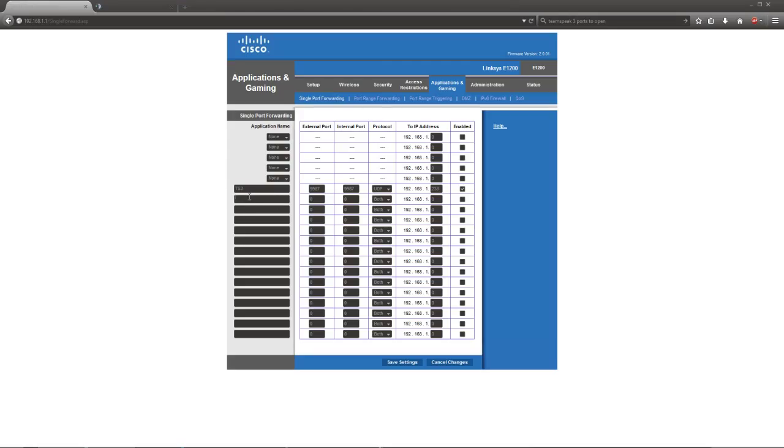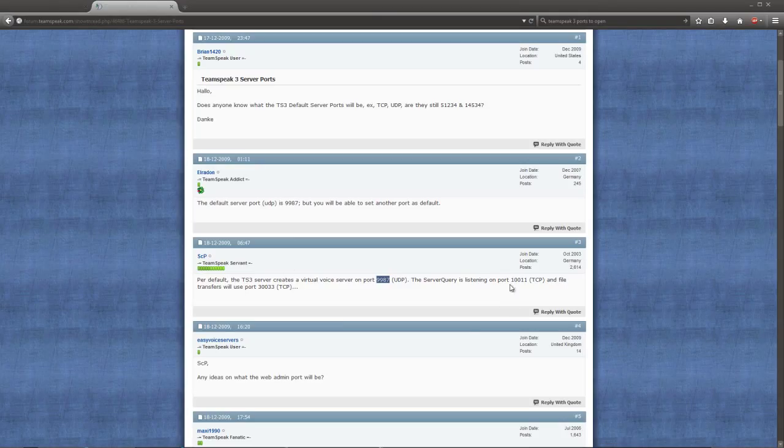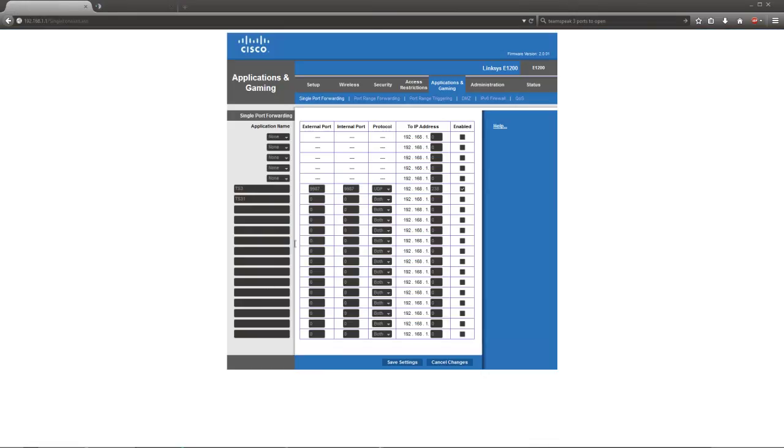Obviously, I have to retype this. Alright, Teamspeak 3.1. Alright, and the second port is going to be 10011, and that's TCP. So let's see here, 10011, and we're going to go over here, 10011, and this is going to be TCP, and the same IP address,